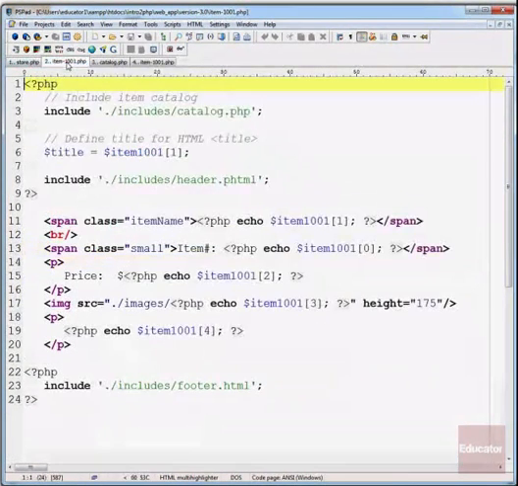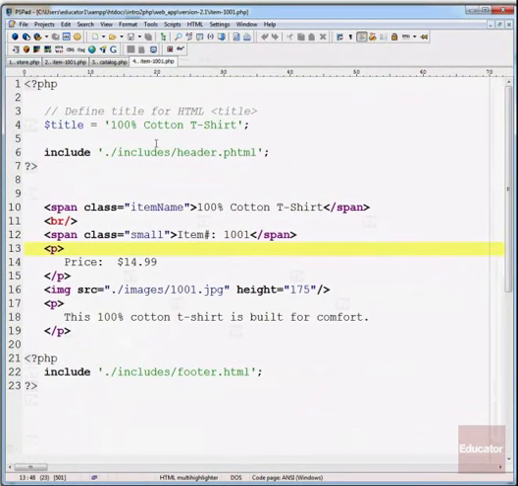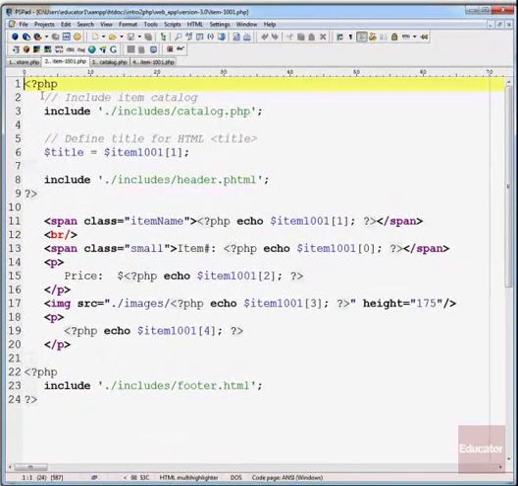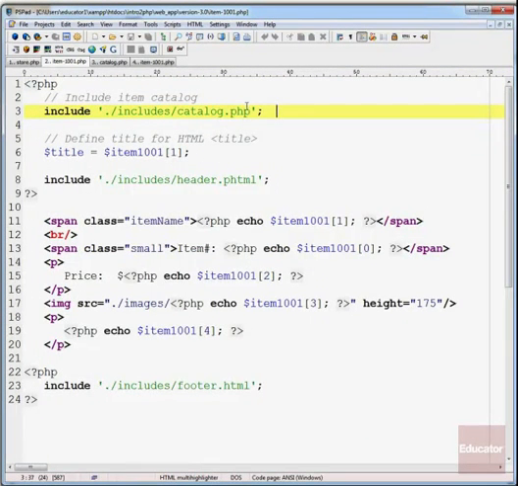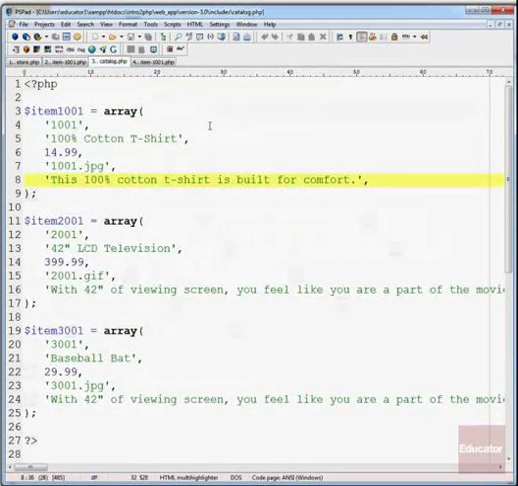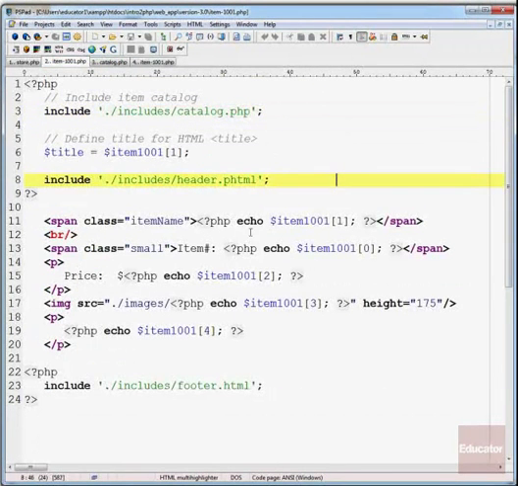So similarly, on the previous item-1001.php page, all of the information about that item was hard-coded. The name, the item number, the price, and so forth. Well, in our new version, we are going to add that include file again to the top of the page, which is going to make all of those variables and all of those arrays that we defined in catalog.php available in this script. And what we're going to do is echo the different values contained in those